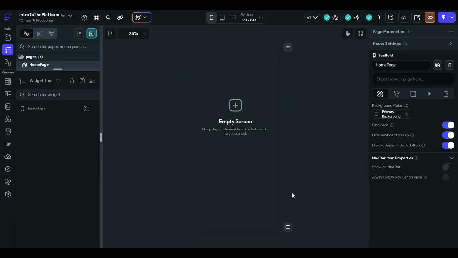Also, we have an option disable Android back button. So some mobile phones have an Android back button option. So if this is a sign up page or Google login page, or let's say this is the home page, then if we have created a new account and then we are redirected to the home page, then the home page should not have a back button, because if the user taps on the back button, then the user will be navigated again to the created account page,